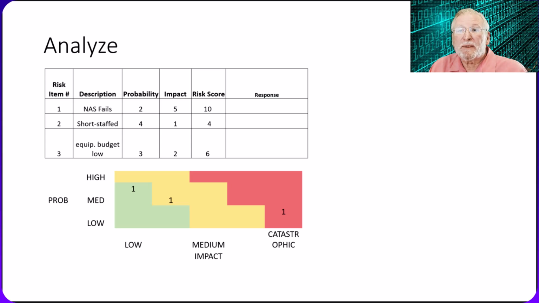You can collect your risk scores in a color-coded risk chart like the one shown. This is a visual aid to see where you are with project risk. This chart shows we have one low impact risk, one medium risk, and one catastrophic impact event. There are some links that show you how to create different kinds of charts. The basic chart I want you to produce for the assignment is the simple one shown in the top half of the slide.